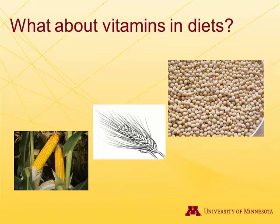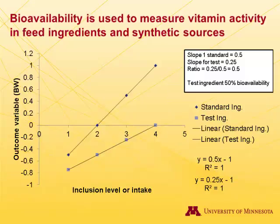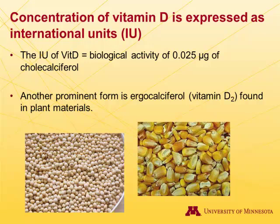What about vitamins? Since we're talking about calcium, phosphorus, and vitamins, how are vitamins measured? Traditionally, for vitamins, what has been done is a slope ratio, where the outcome variable can be growth, but sometimes can be enzymatic activity, or bone strength. It can be tied to other outcome variables. But basically, vitamins have been measured that way. In the case of vitamin D, it is expressed as an international unit, which is 0.025 microgram of cholecalciferol. Any other new source of vitamin should be compared to that amount, or how much activity it has compared to that